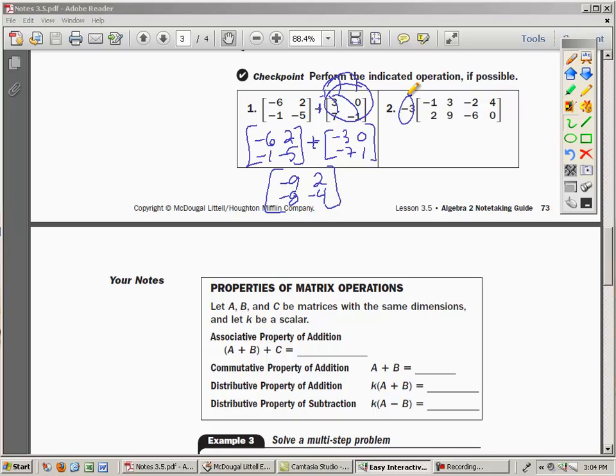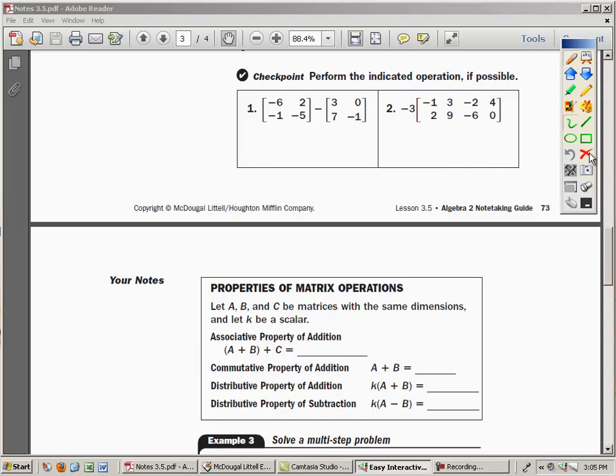Again, this is scalar multiplication, so every single term in here gets multiplied by -3. And so this is -3 times -1, and I'll just run through the numbers real quick. We should have 3, -9, +6, -12, -6, -27, +18, -3 times 0 is 0. All right, so those are our two practice problems. So let's then go ahead and talk about